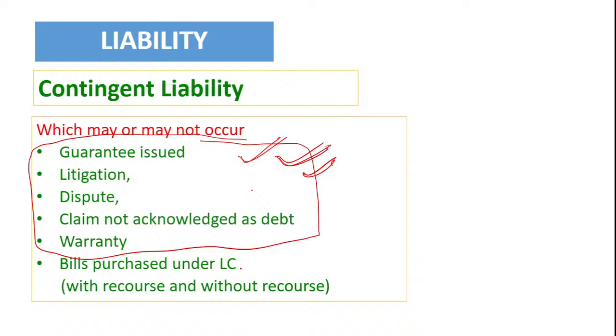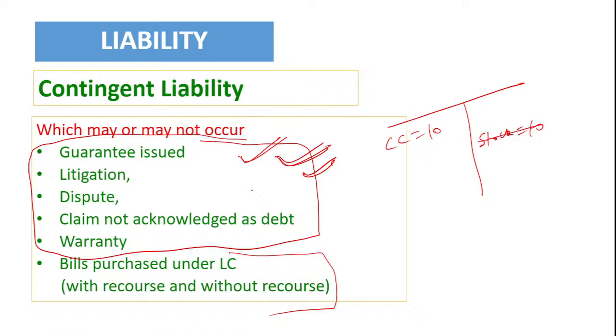Okay. So now coming to bill purchase under LC, we have already discussed it in a previous session, but again I will tell you. Suppose the company had taken CC of 10 lakh, then the company purchased stock of 10 lakh. Now the stock has been converted into book debts. Book debts means 10 lakh, they have sold the stock and raised the invoice, booked it. Now the company is approaching the bank again and the bank says, okay, I am ready to discount. Suppose bill discounted for 10 lakh rupees. The moment the bank has discounted this bill of 10 lakh rupees, the company will receive cash of 10 lakh rupees,